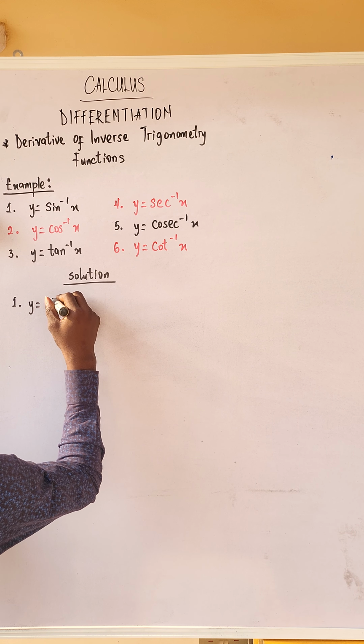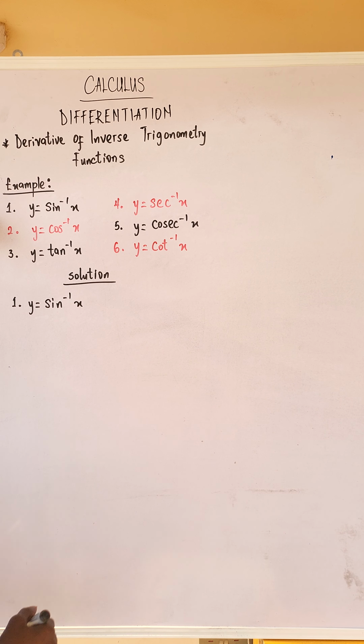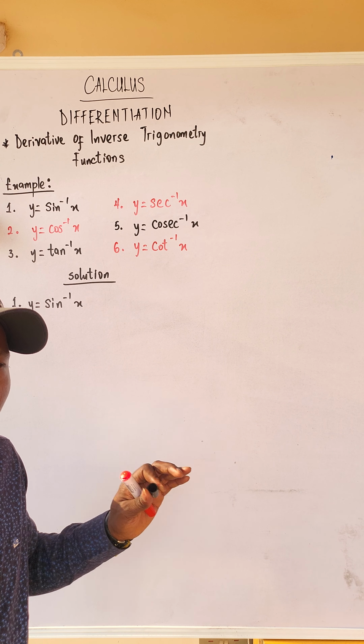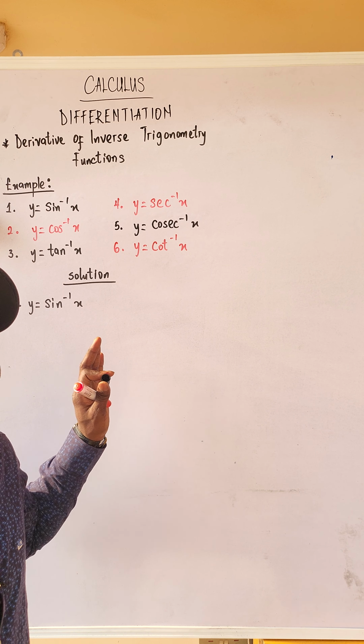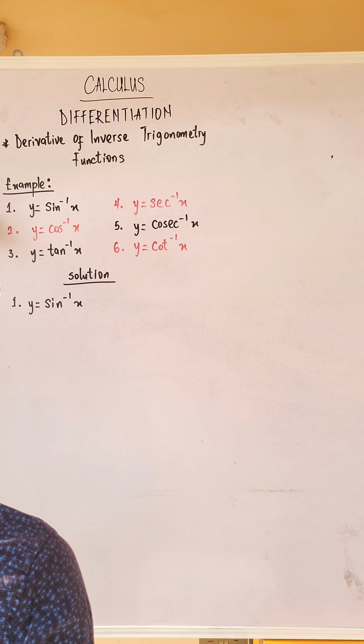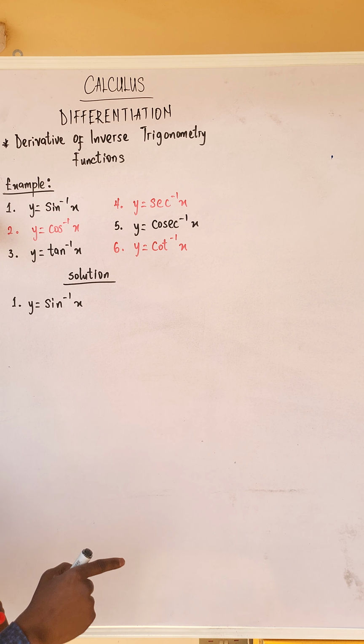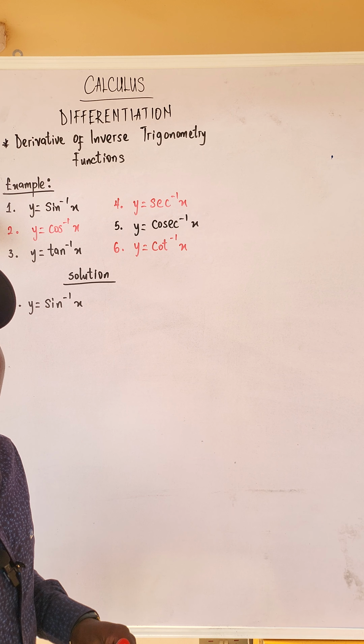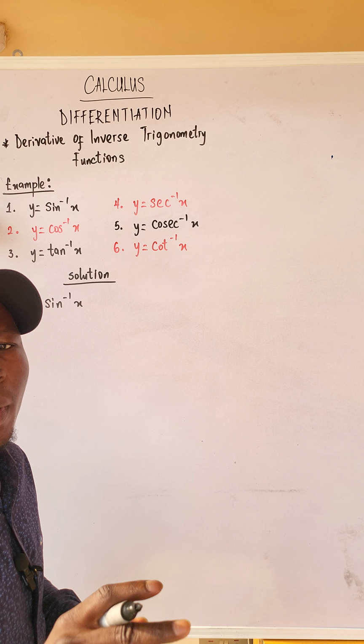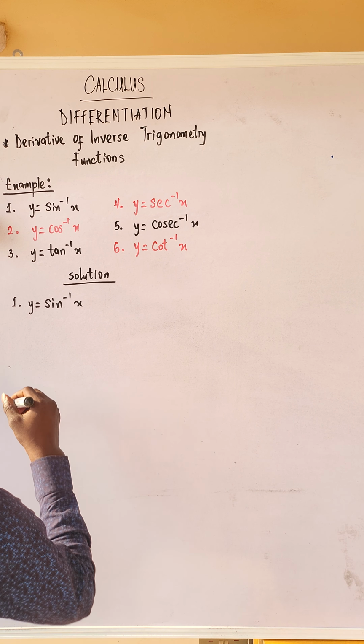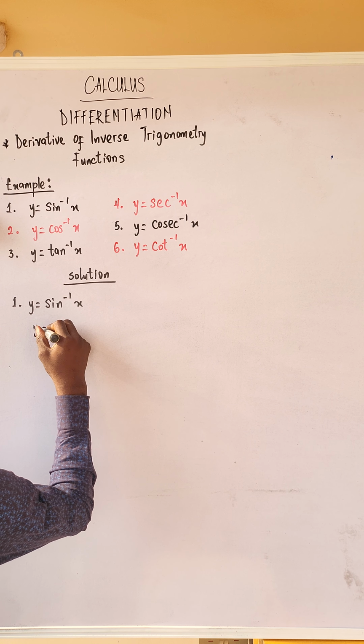y equals sine inverse of x. Very, very simple. Just listen. The way I solve number 1 is the way you'll be able to solve number 2. Now, how do I go about it? Anything raised to power minus, another way to write it is 1 over. So I can write this and say y equals